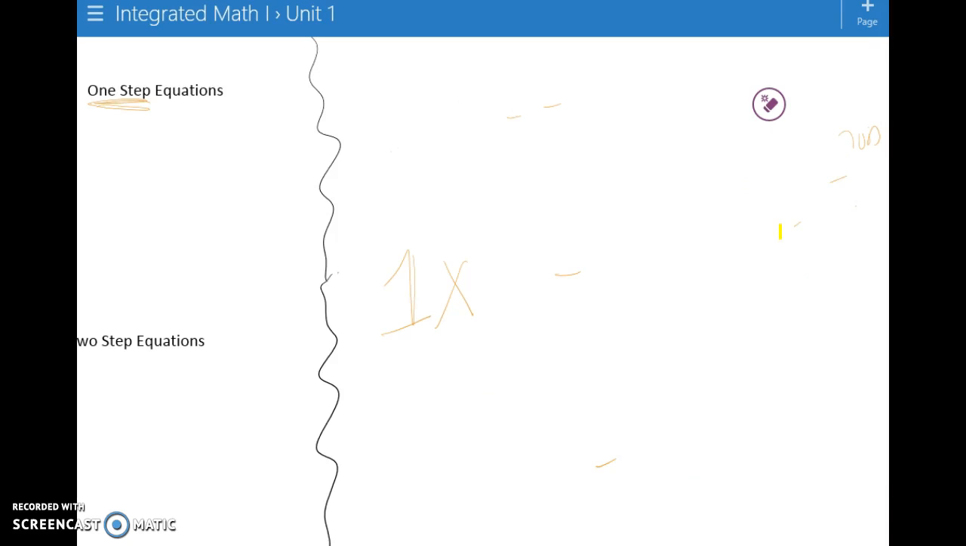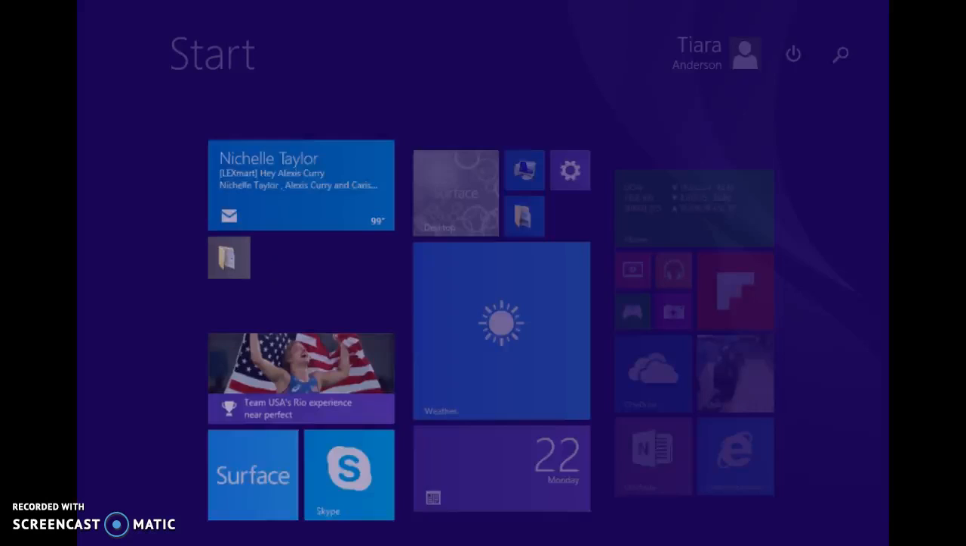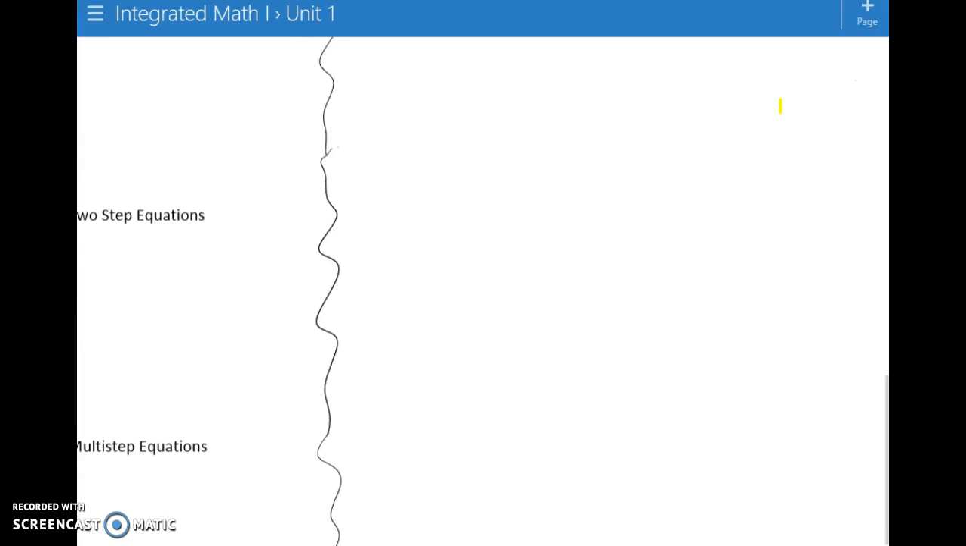Okay, the next step we're going to do is a 2-step equation. All right, 2-step equations. We're just going to jump into it. 2x minus 5 equals negative 3. Here's your first example. I need x alone, so I need to get rid of 2. And I have a negative 5 I need to get rid of. Okay, so what can I do? Well, if I add 5,